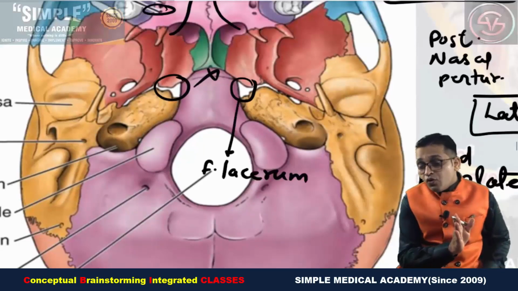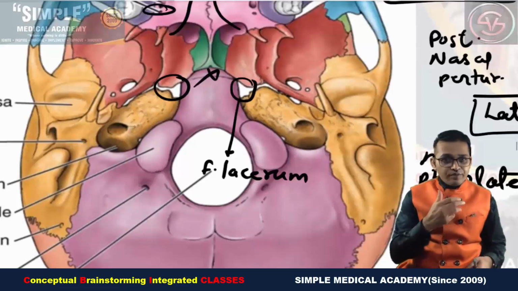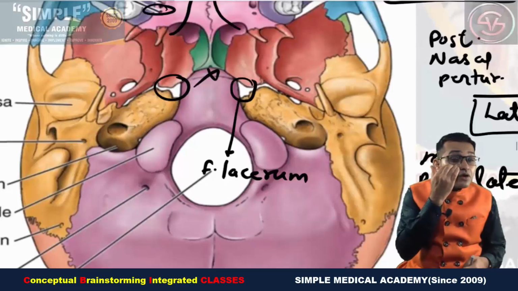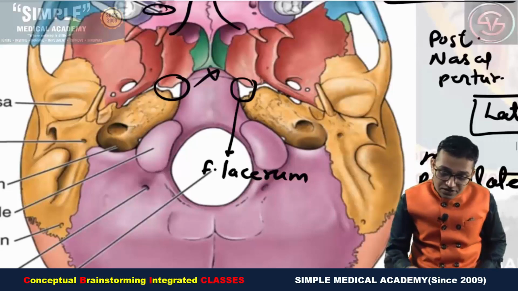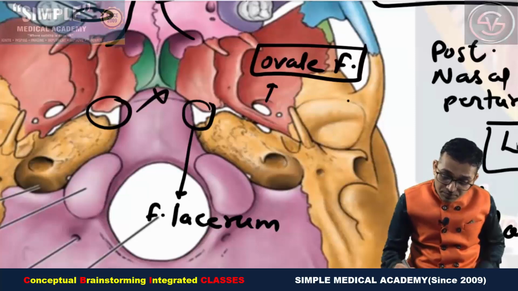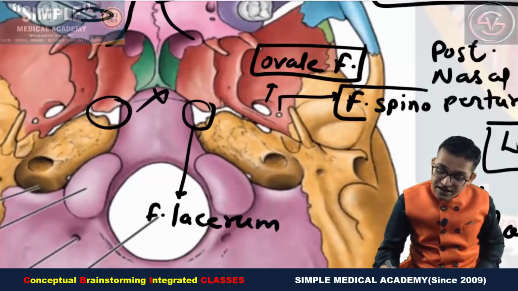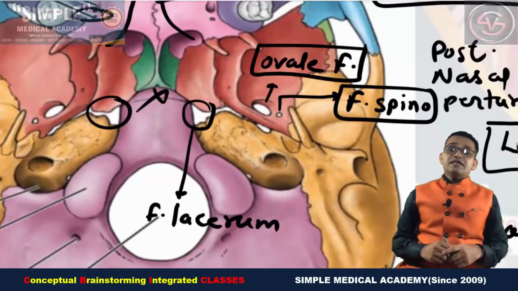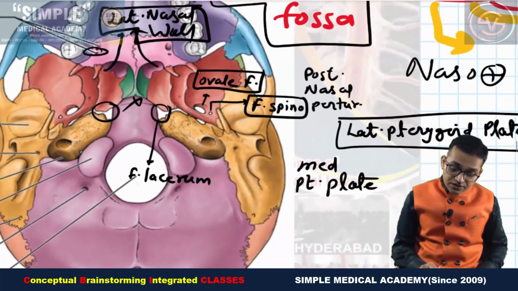Now when you go to the lateral side there was the ROSE mnemonic, R for rotundum foramen. But do you remember the foramen rotundum was opening in the infraorbital, maxillary region, passing the maxillary nerve, so the foramen rotundum will not appear here. The next one is the oval shaped foramen, the foramen ovale, and just posterolateral to this foramen ovale the next foramen is the foramen spinosum. These are the same foramina which we have seen earlier inside the cranial cavity, with the same sequence. We have already discussed them, but now can you see a few additional things?